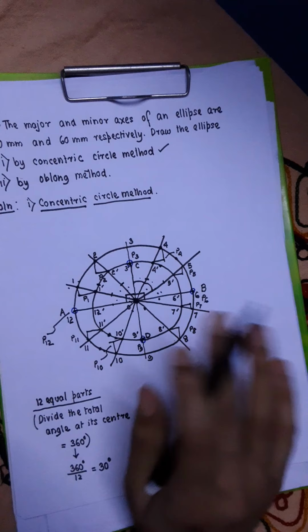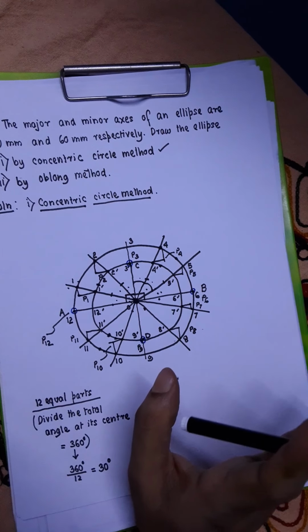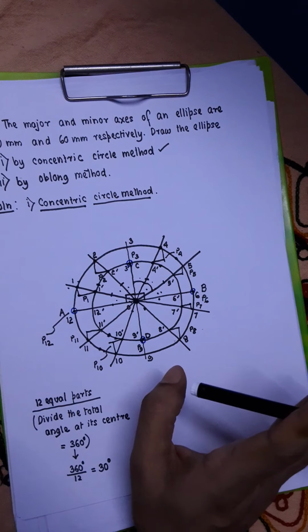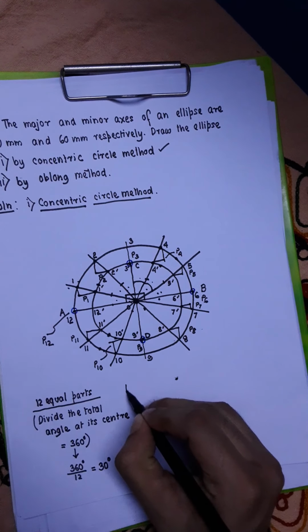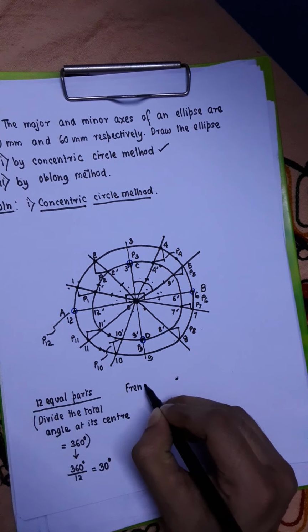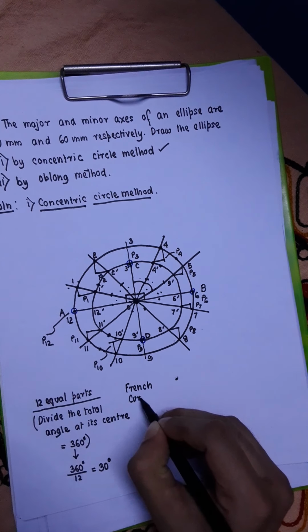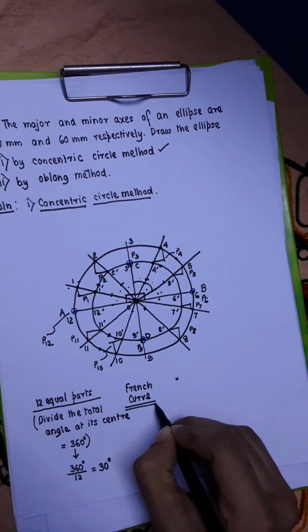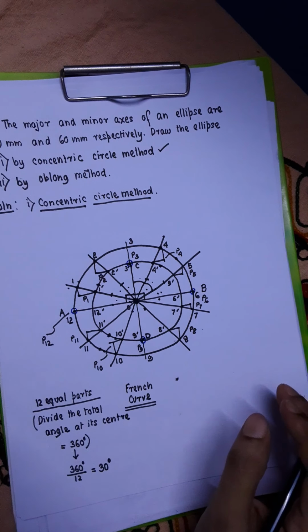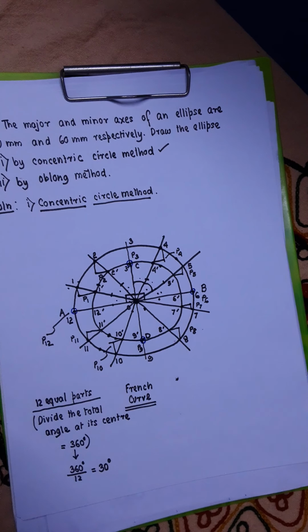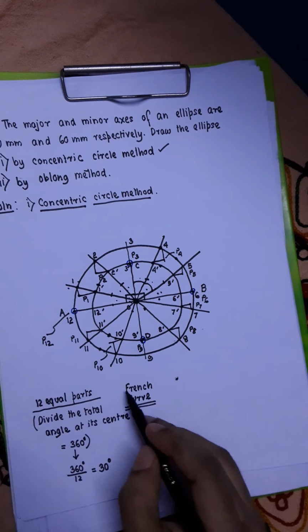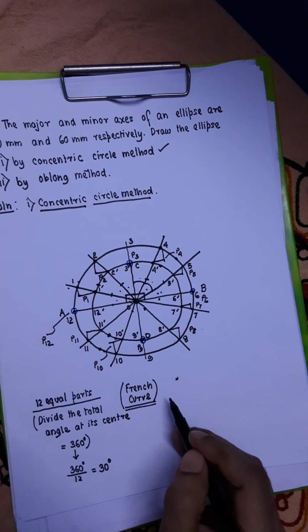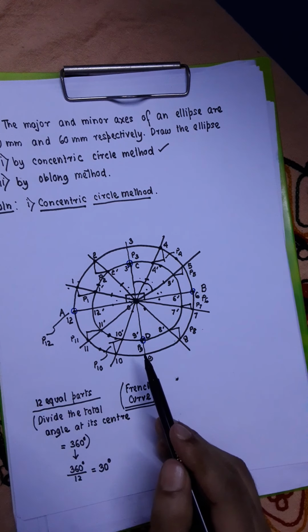Now, after obtaining all these points from P1 up to P12, what you have to do is join all these points by an instrument which is referred to as a French curve. If the opportunity presents itself, I will definitely show you how to use a French curve, and before that I should also show you how a French curve looks. For the time being you can use your internet resources to get acquainted with the shape and use of a French curve, but using a French curve it will be possible for you to join all these 12 points part by part.